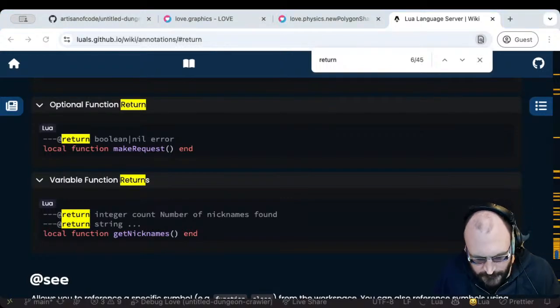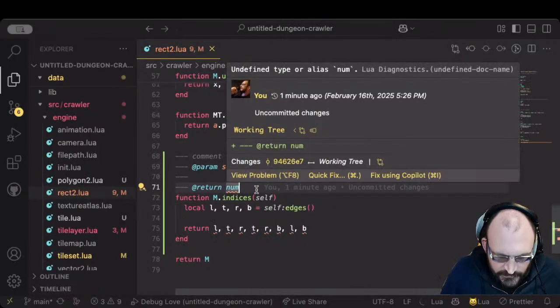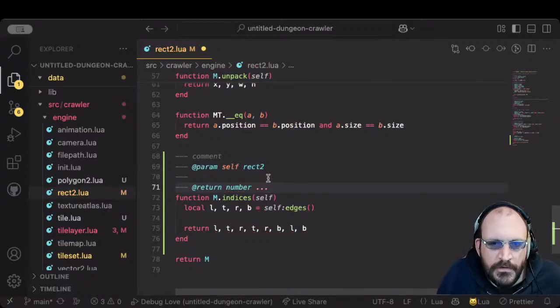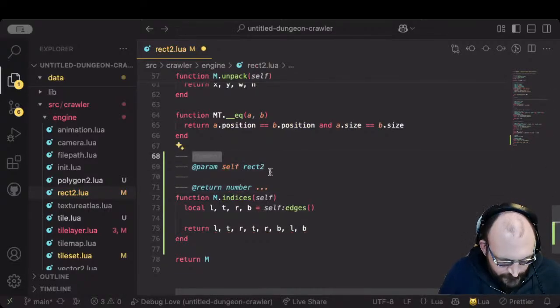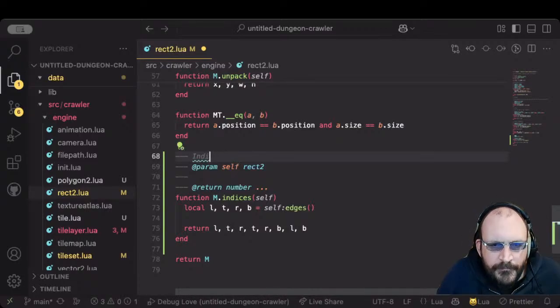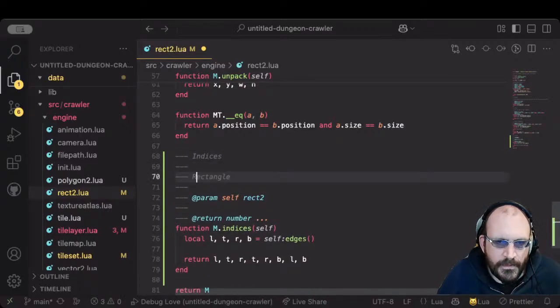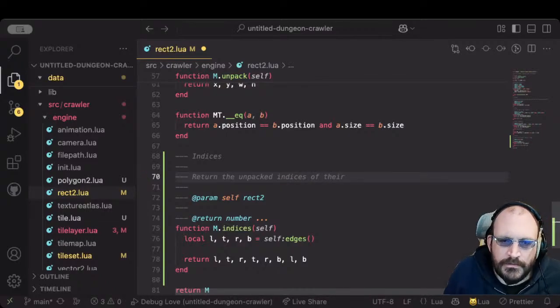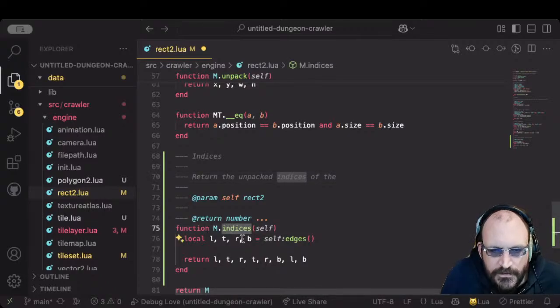Yeah, so I think what we want here is like that, and this will return the indices, the unpacked. This can conflict with